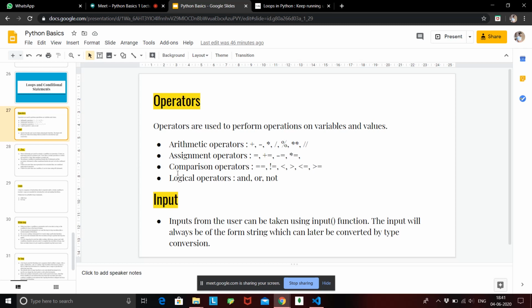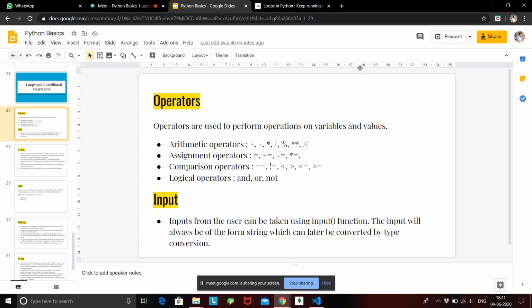And then the final operator is called the logical operator. What basically is a logical operator? A logical operator will do AND, OR, or NOT. So between two statements, what is the status of the expression? If one statement is true and the other is false, if both statements are true, if both statements are false, that result can be found out using the logical operators. We'll be seeing the examples in a while, but let's consider all these operators as a part of Python.